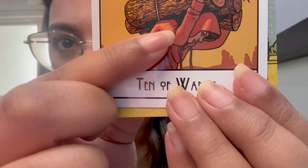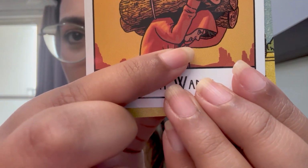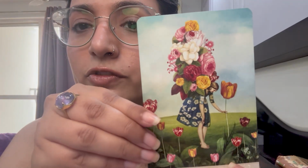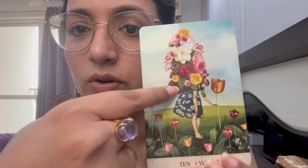But if you notice the expression, it's one of grim determination. It's not one of defeat. In This Might Hurt, the wands are beautiful flowers. There are wands, and then there's a whole bouquet on her back,